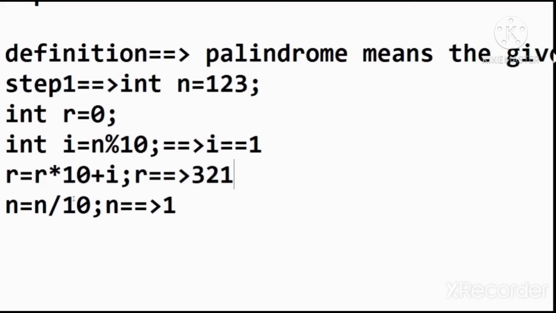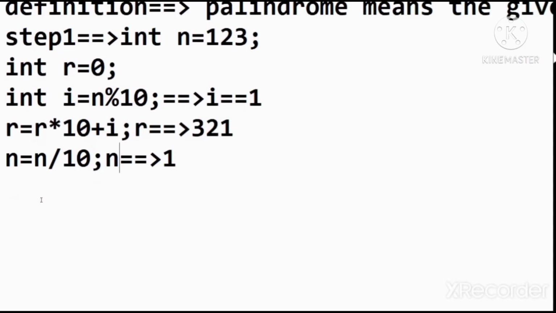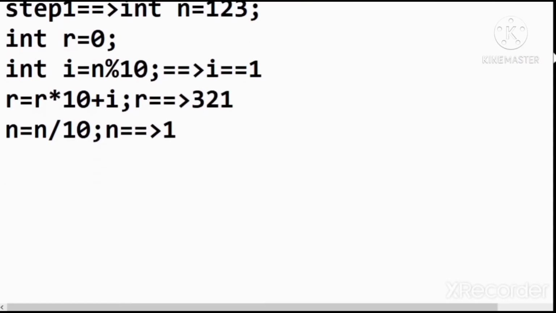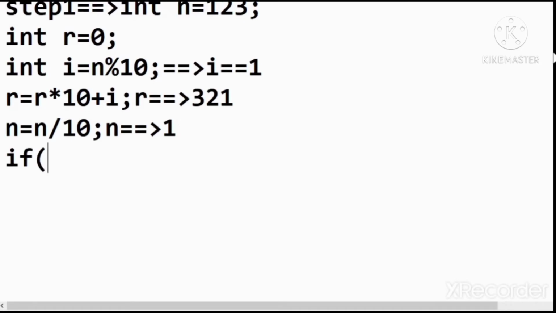And to check whether the number is palindrome or not, we simply take an if statement, and in this if statement we put a condition like n is equal to r.